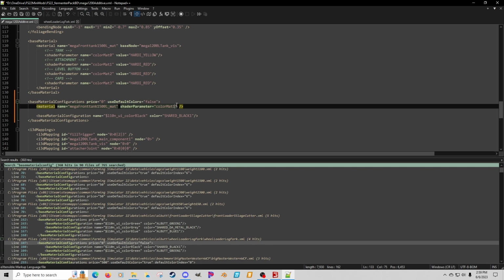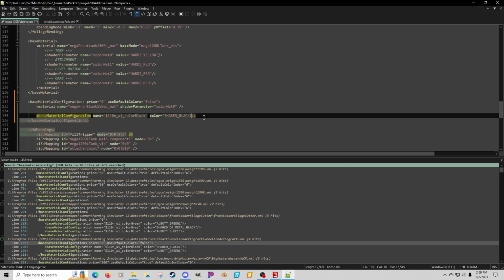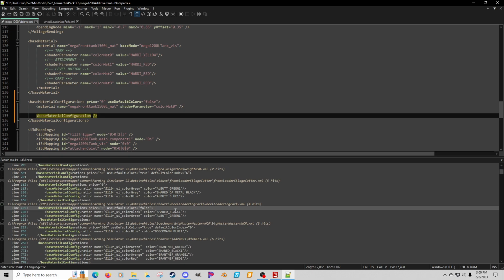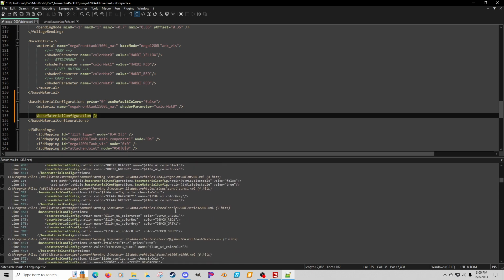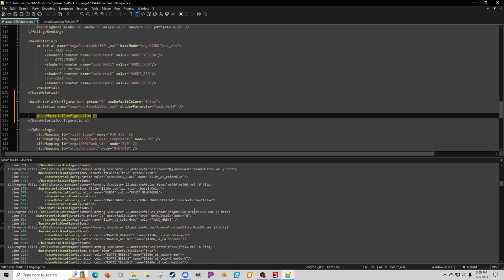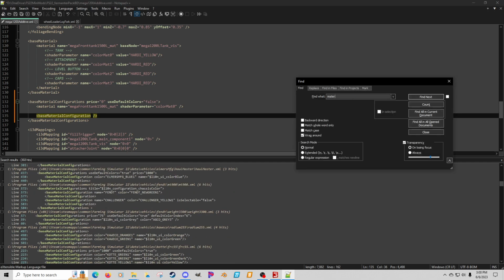And as I was saying before, I keep getting off track. We want color, material 0, mega front tank, that's good. And then we're going to add in our materials. So we're just going to simply go like so. I don't see an actual material down here. I could just type it out, but for the heck of it, material,